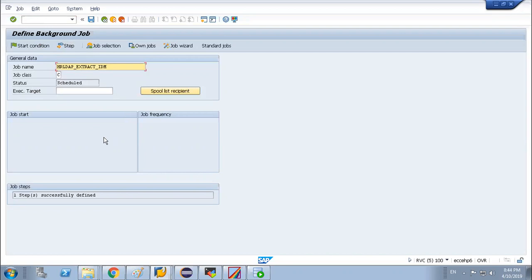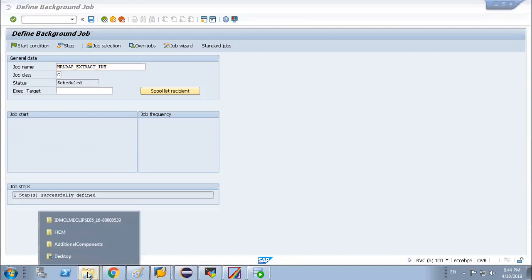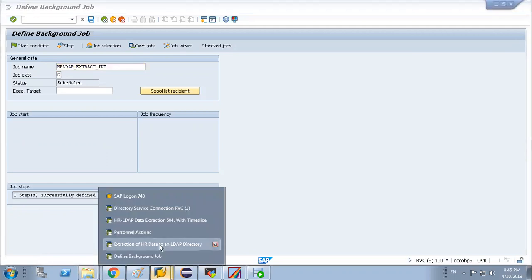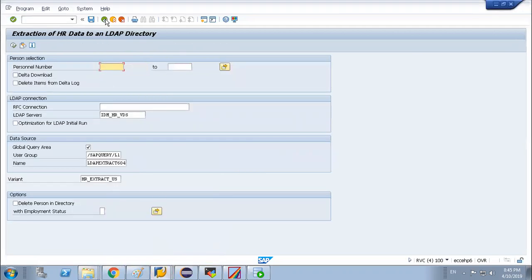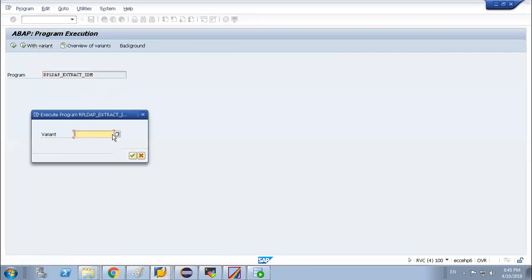In another project where I worked, they only ran this job at midnight, only once. So whatever user they have updated today, if the start date is tomorrow, then in the midnight job those data will come into the IDM system. We should not trigger this at any other time. That is the importance of creating a variant on the program side. I told you we are creating a variant, and the purpose of this variant is to update it in the job.